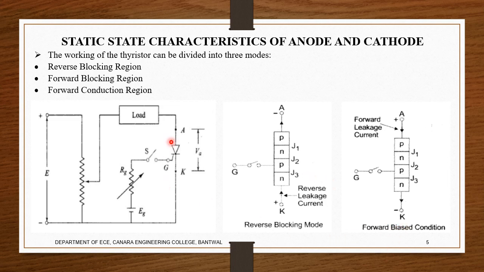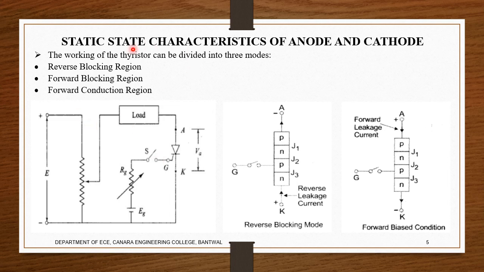Now consider this as a circuit here. This is the anode connected to some circuit, switch is on. At that time you can see a positive supply is given here. So how much voltage is required? When it is given, that is when it starts to conduct. Unless and until we apply it, it will not work.